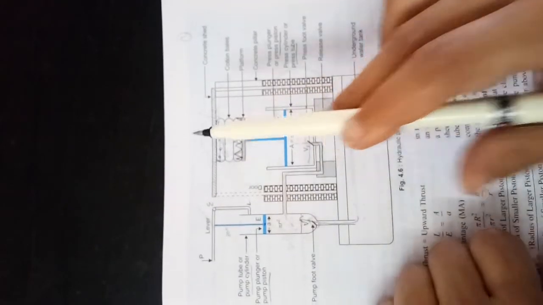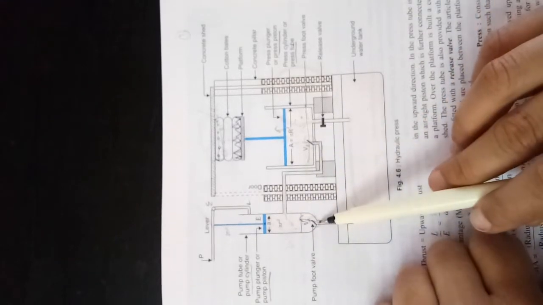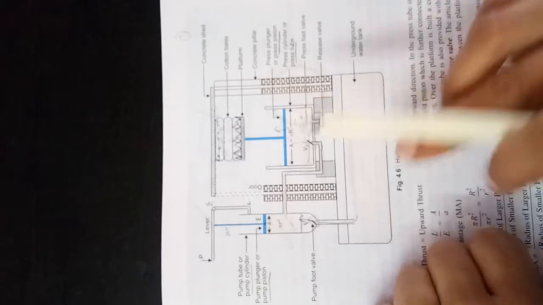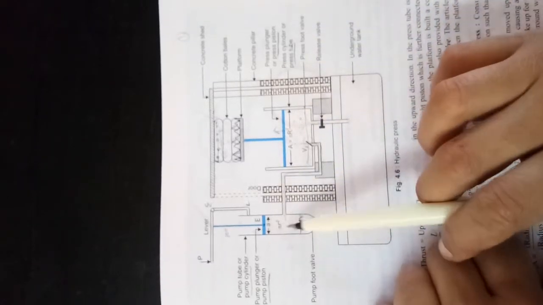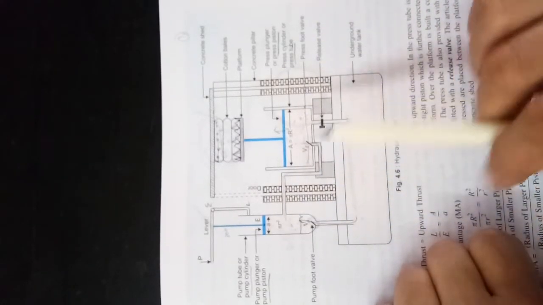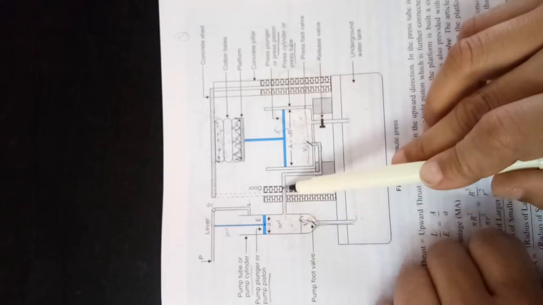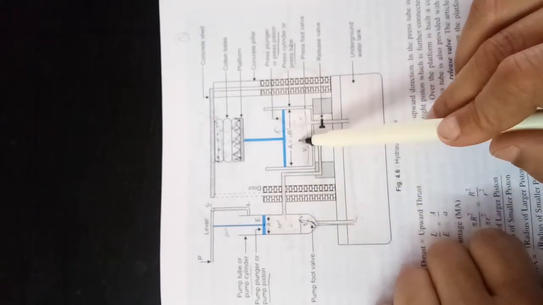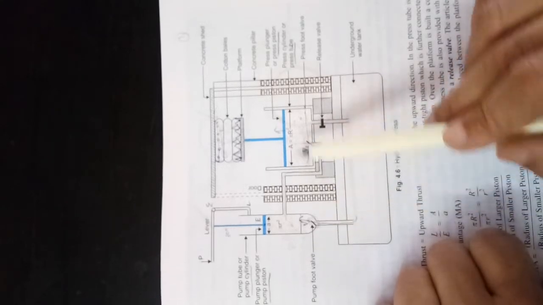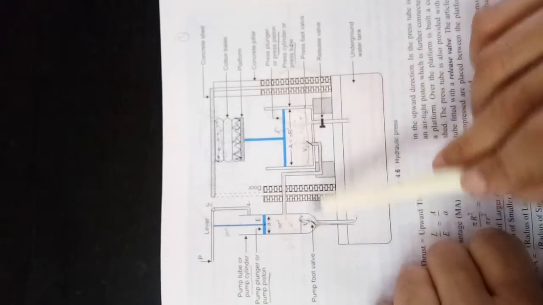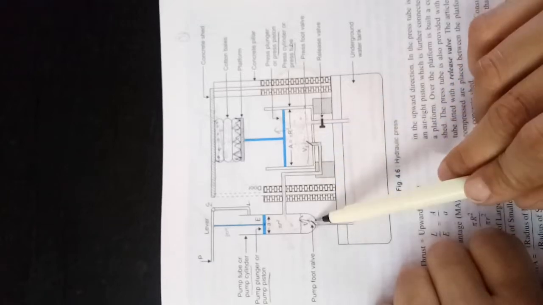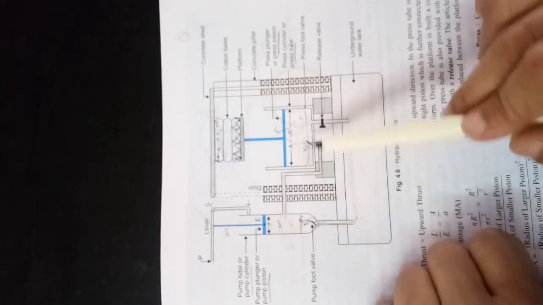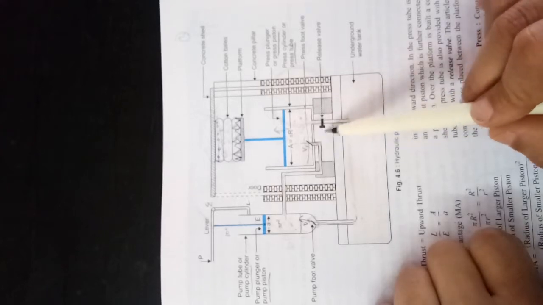Now next, these two tubes have one outlet, this one tube, and it dips into the water tank. The two tubes dip into the water tank, and the two tubes are also attached with each other with this tube. Now the tube has two valves, valve B1 and valve B2, and these two valves only open in the upward direction, not in the downward direction. And here is a release valve.